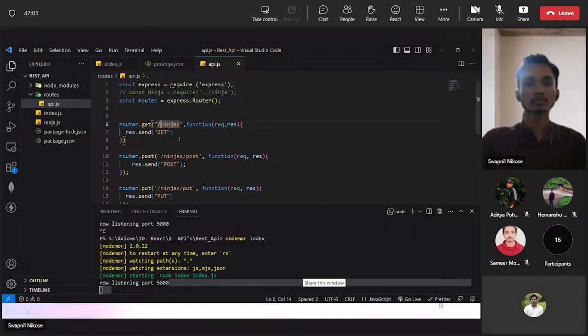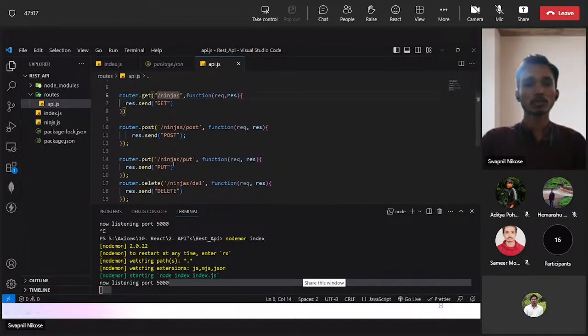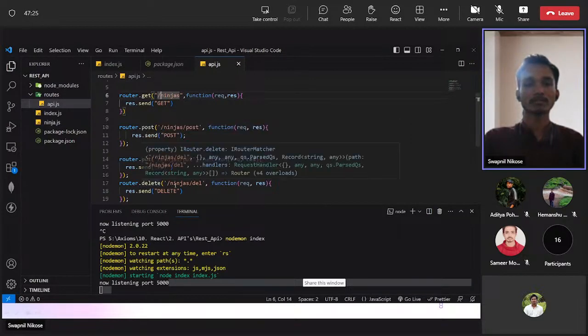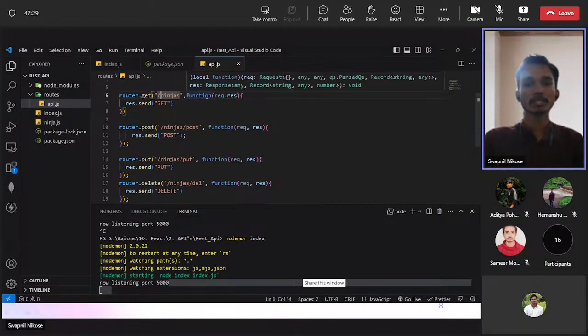I created get as well as post, put and delete. All are similar, we only need to change the endpoint: for get, it is ninjas; for post, ninjas; for put, ninjas put; and for delete, ninjas del. And we have a function with request and response,